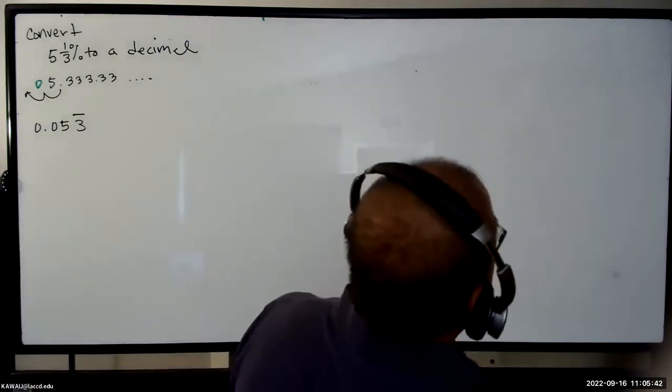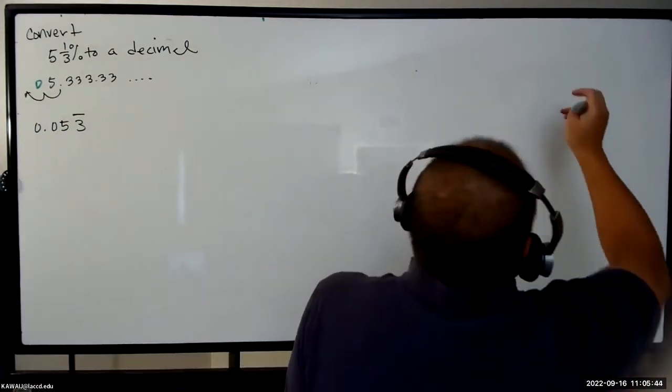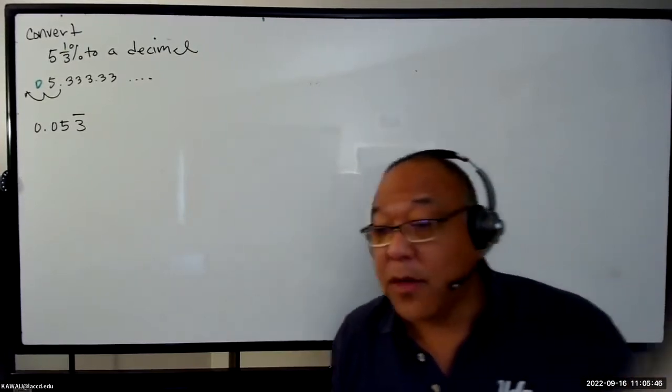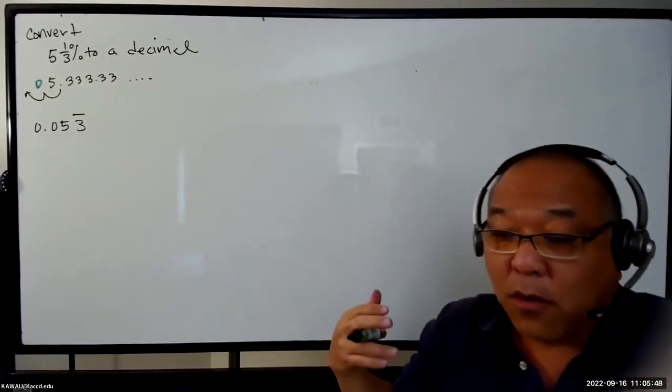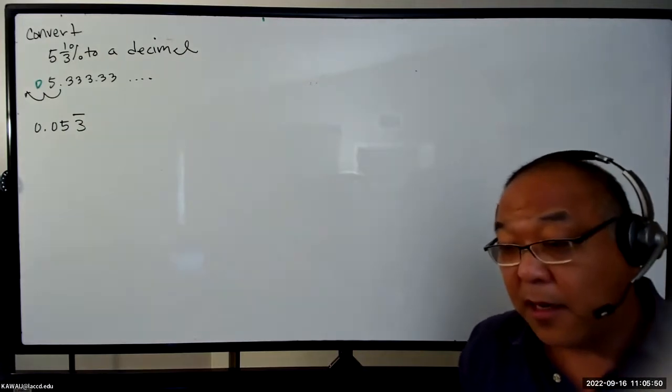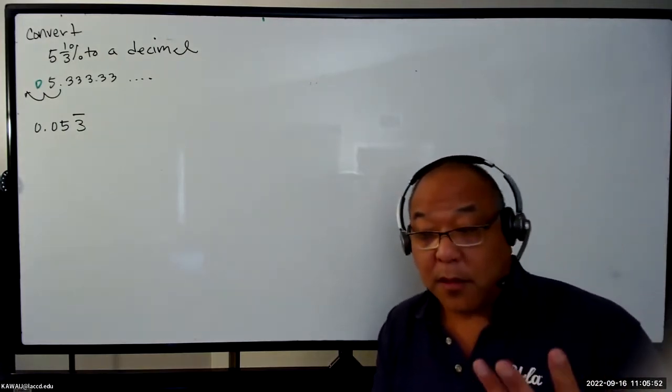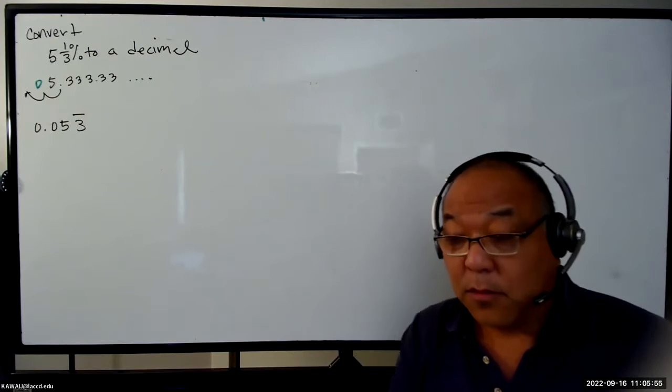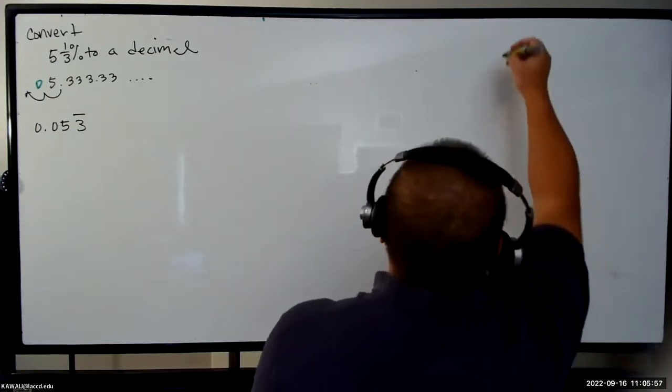Now, let's look at types of numbers. In the TEAS exam, they don't care about whole numbers or integers or anything like that. They only care about three things, okay? Rational and irrational. So rational numbers,